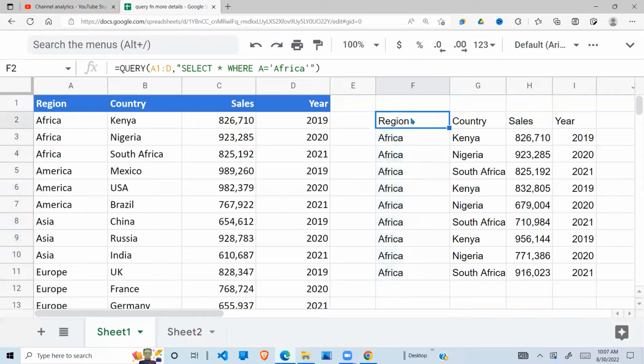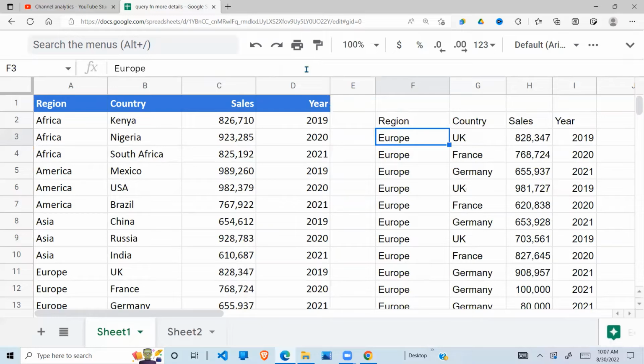So the where clause helps us select what we want from the data based on a condition that we have given it. Here we are giving it a condition that going to that data set, return only Africa, and it gives us only Africa. If you want Europe, you just come back here, change this to Europe, say okay, and you see right across here,